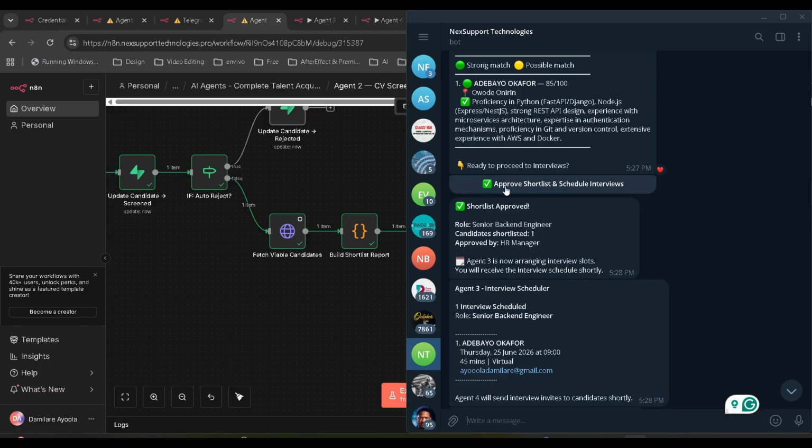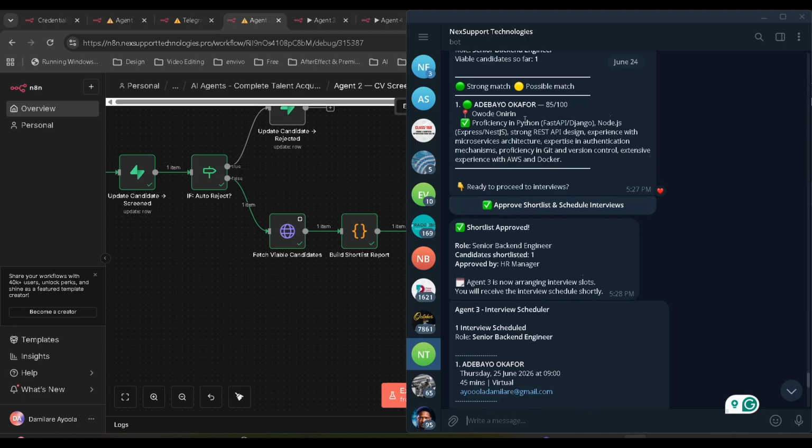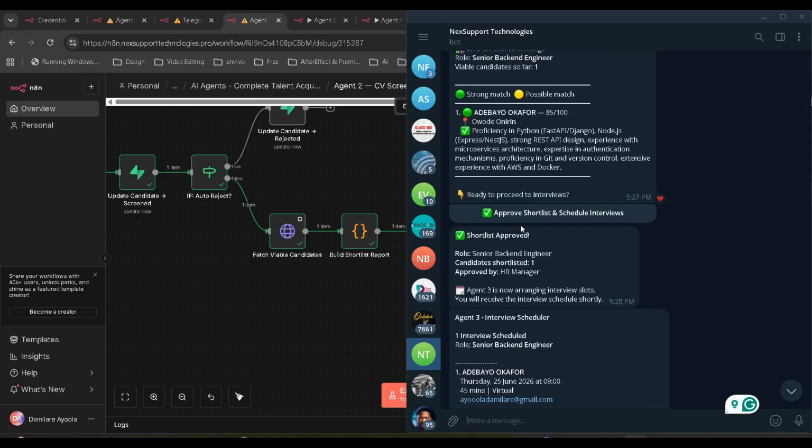So once the HR clicks approve, okay, I think I'm fine, I want to approve this person. And the thing is that you can approve anytime you want. So if you're not ready for the interview, you can just leave it. Or if you want to approve and then set a specific date for the interview, we can also create a database for that as well. After clicking approve, it's going to ensure that it books or schedules the interview